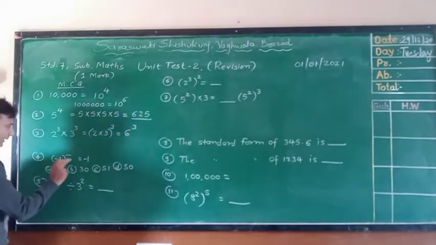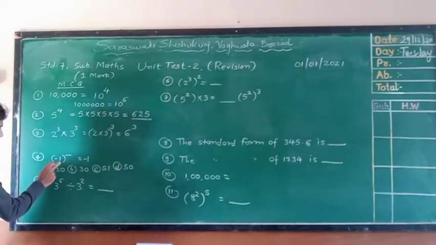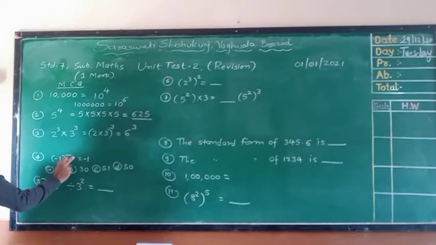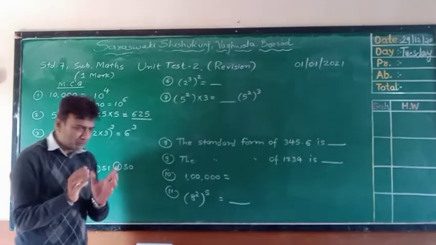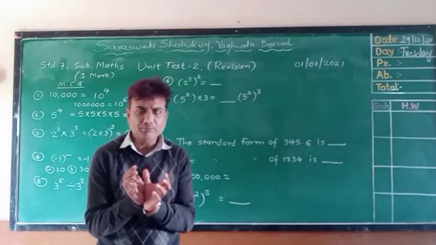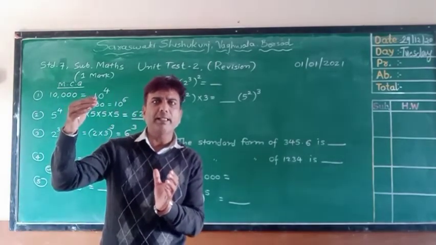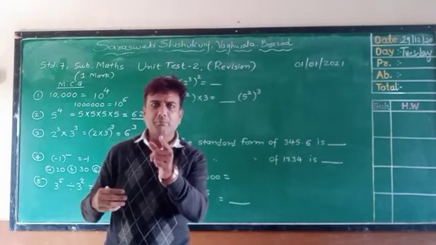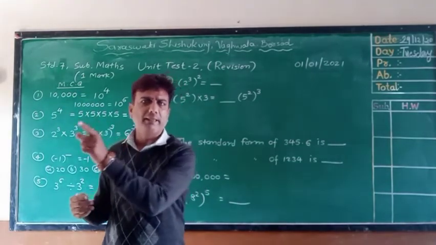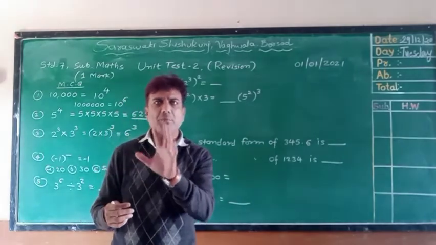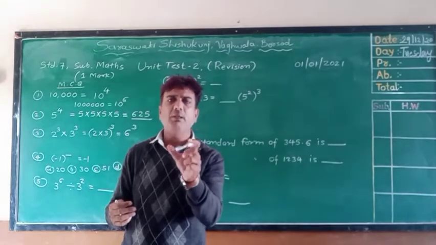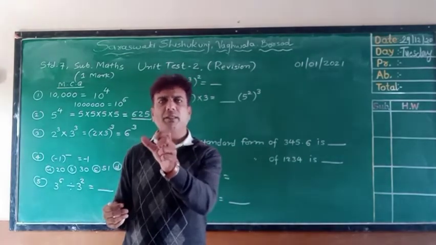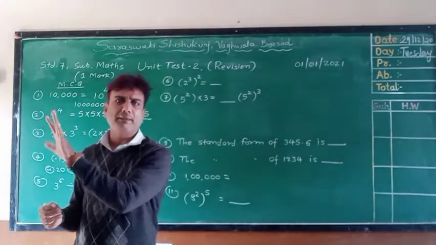Now see, this is very important. Suppose the number -1 is raised to a blank, and the result is -1. Which blank equals -1? We know, students, if the base has a minus sign and its power is an odd number, that means we have to put a minus sign in the answer. But if the power is positive, sorry, if the power is an even number, that means we have to remove the minus sign in the answer.